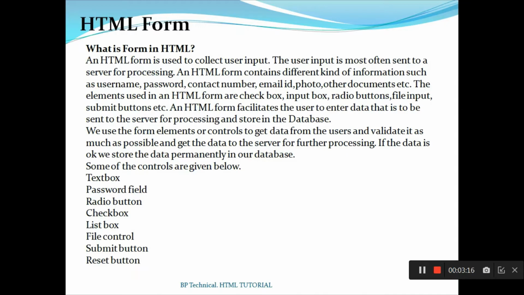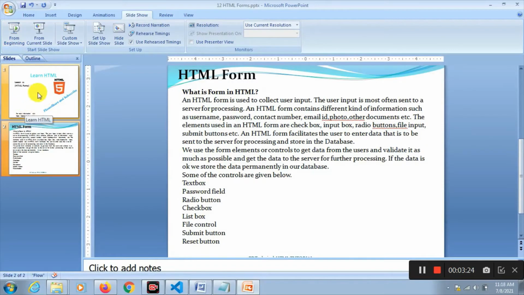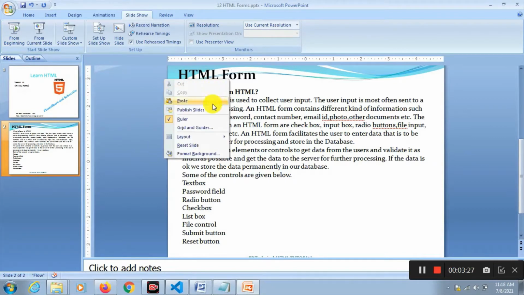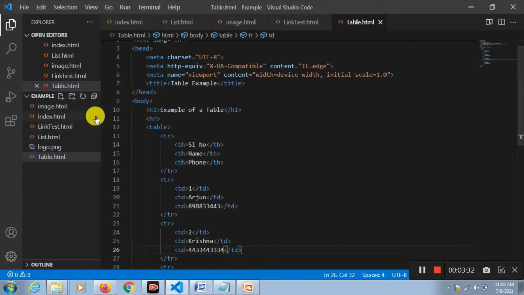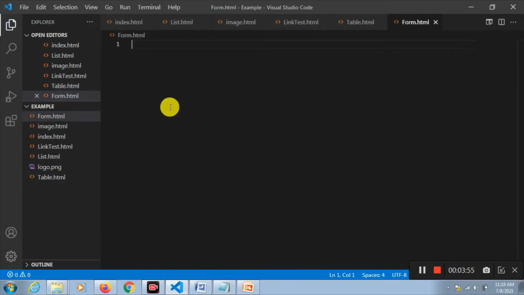Now, how does a form look? Let's see in the code editor. Let's create a new file, say HTML form dot, and we are giving the name form.html. Same code we have to write.